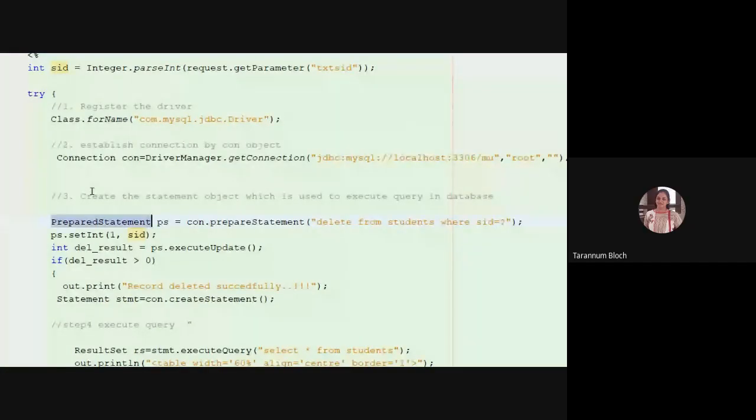From student where SID, right? So the value entered by the user is in the local variable SID, right? So I'm writing the PreparedStatement object PS dot. PS is what? PS is an object of PreparedStatement which is holding this query.